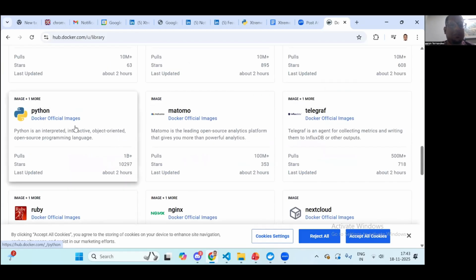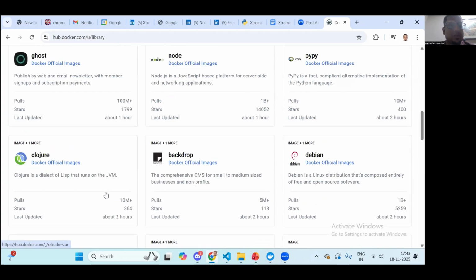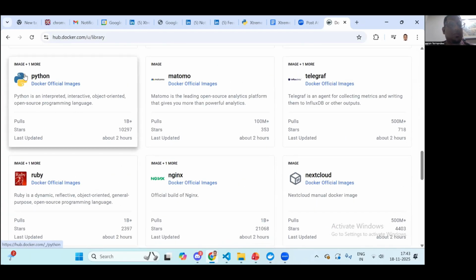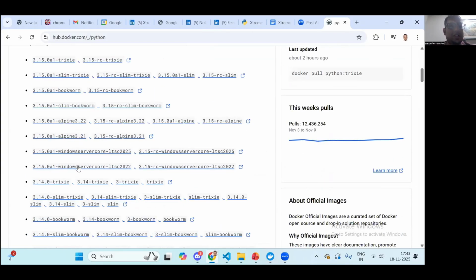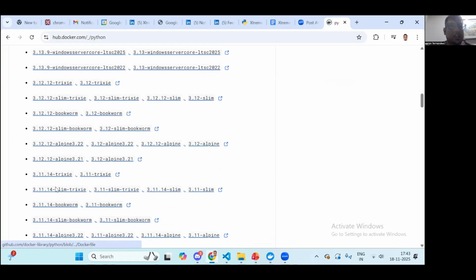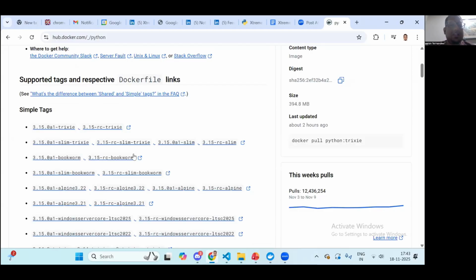If you see the Python Docker official images, different versions are there, the latest version being 3.15. The slim versions are like Alpine images. Alpine images are nothing but the bare minimum required to run a